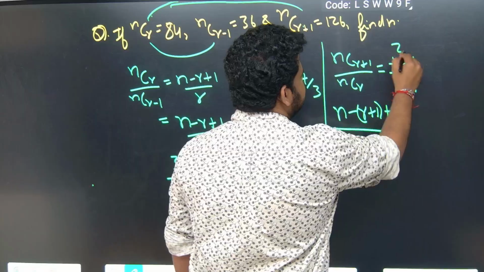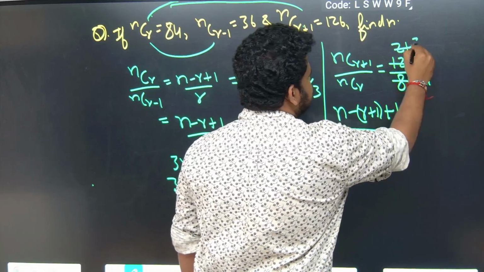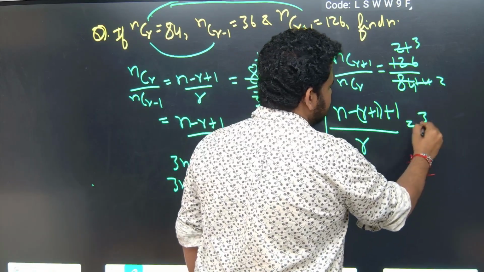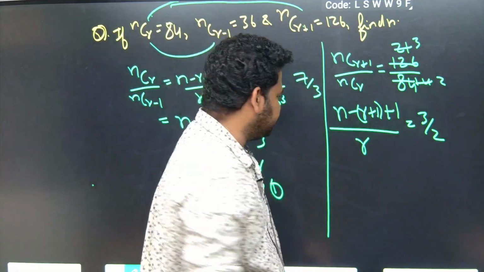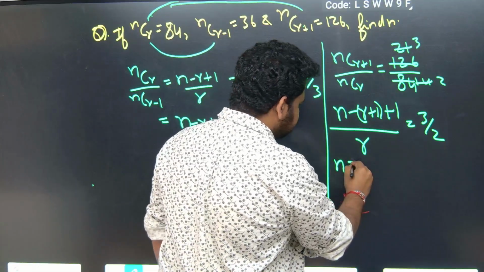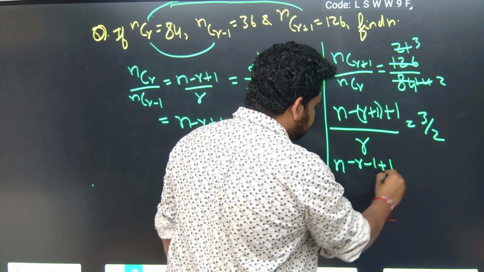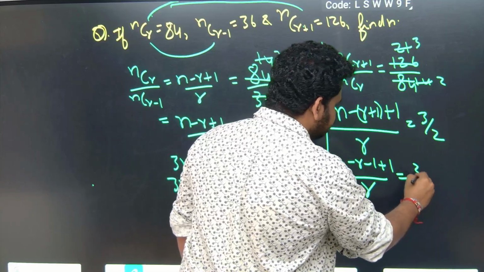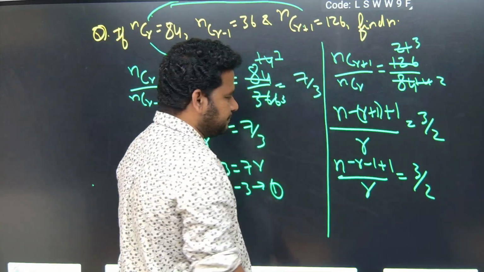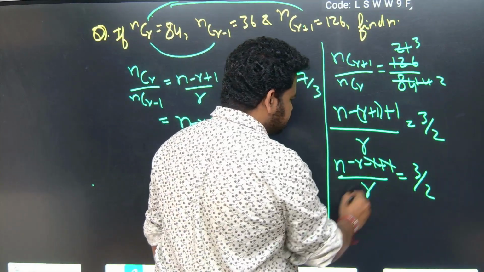This is 6 21s, this is 6 14s, 7 3s, 7 2s. We are having this equal to 3 by 2. Now let us simplify this. See here, (r minus 1 plus 1) divided by r. So we will get it as 3 by 2. Minus 1 plus 1 cancel. We will get n minus r by